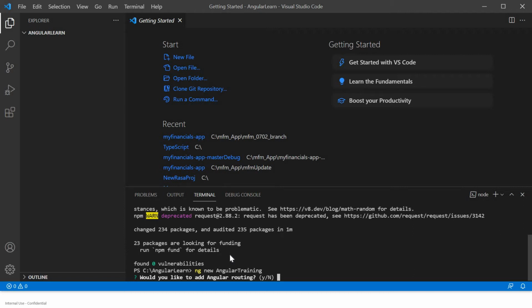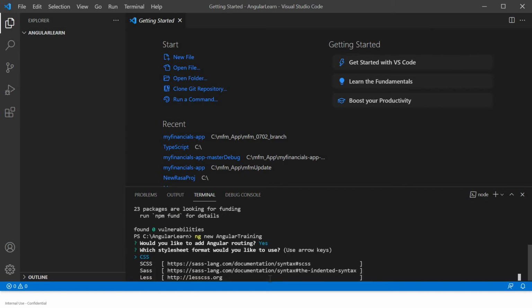That is really useful when you are dealing with a bigger project, and you want different functionality to be inside different paths. So that time it is really useful. You'll see here the N is capital, that means it is the recommended default, you can hit N if you are not sure about it. But yes, I prefer always to have routing.